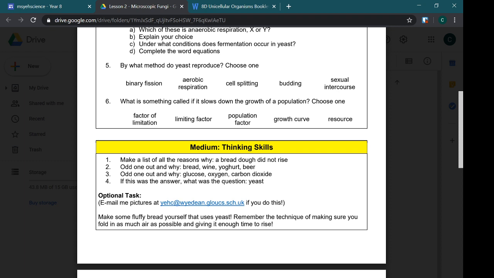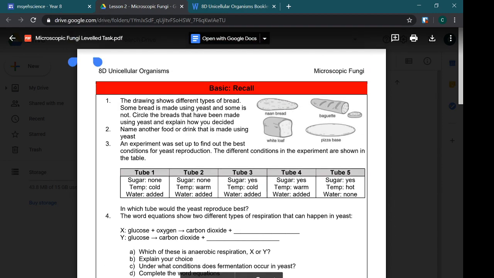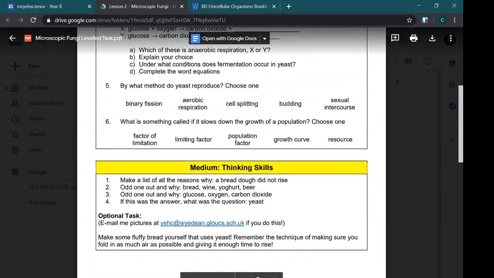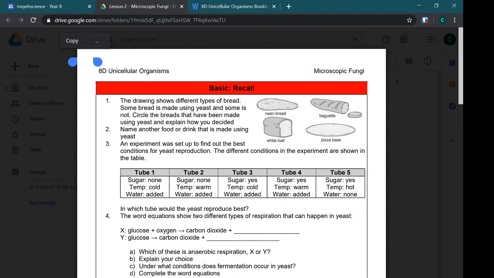Okay, great. So I'm going to end the stream now. In about 30 minutes' time, I'm going to be putting up the answers to any of the level task sheets, just so you guys can think about what you've done and have a check of your answers. I'm available on email or Show My Homework